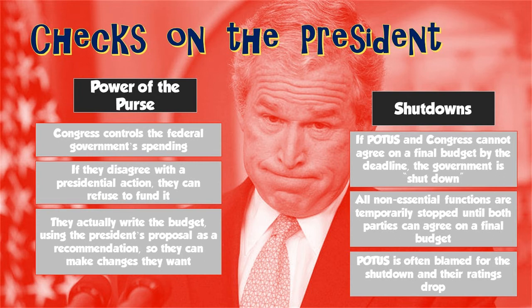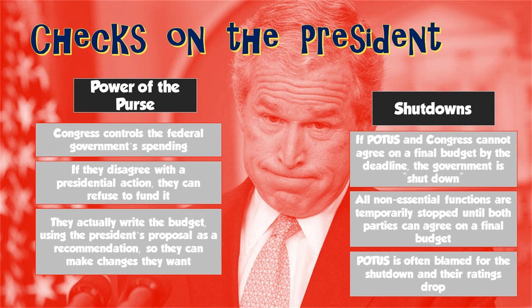Now, for budget writing, the Congress is going to actually write the budget, but they have to consider the president's proposal. So the president's proposal gives an idea of what the president wants to see, and they know that the president can veto the budget. But in general, Congress can make all sorts of changes to the budget that they want to. So Congress has tremendous control over the federal government spending, and that puts big time limits on what the president is able to accomplish. Related to spending is the idea of government shutdowns.